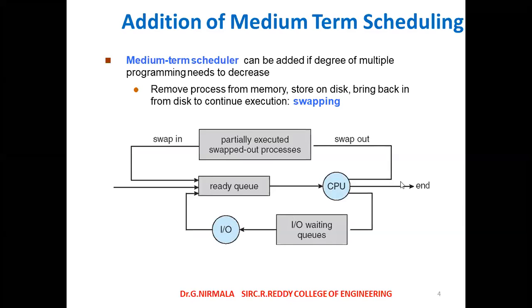Totally you have three types of schedulers. The first one is the long-term scheduler, the second one is the short-term scheduler, and the third one is the medium-term scheduler. When compared to these three, the long-term scheduler is slow compared to the short-term and medium-term. The short-term scheduler is the fastest one, which will pick up the process and assign it to the CPU, and which process is next to be executed is also decided by the scheduling. This is regarding the medium-term scheduler.